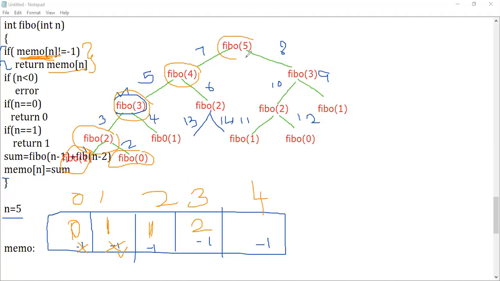Okay, listen here. These things will be calculated. Look here, how many calculations are required: 1, 2, 3, 4, 5, 6. So the number of iterations is only 6 here. In the previous case, it is 15, right? So 6 is merely like n times. N value is 5, and 5 and 6 are more or less the same. So here you can take the time complexity as order of n, in a linear way.